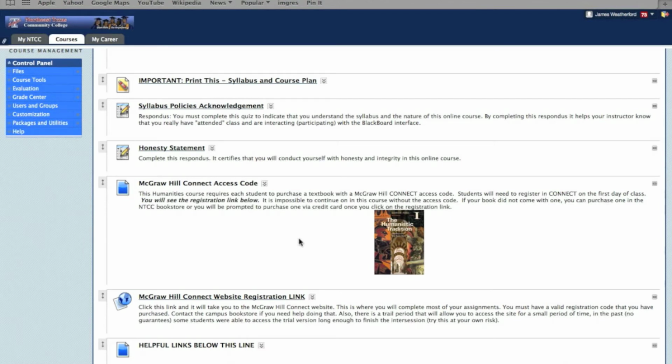And the ebook is also going to give you access to the assignments. So even if you had a paper text, you still need to access McGraw-Hill Connect. And I'm not sure what's going to happen when I click this link, because it might be an old link. I don't remember if I updated it yet, but what it'll do is take you to this page that will